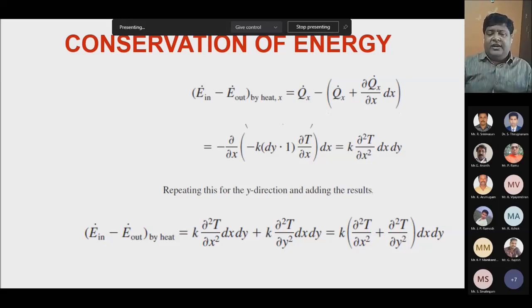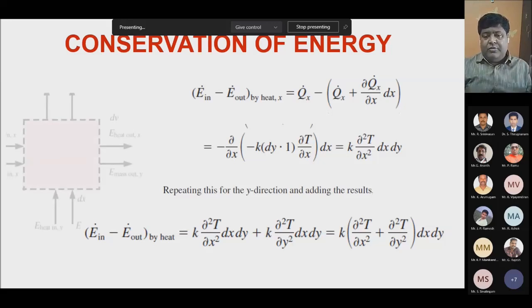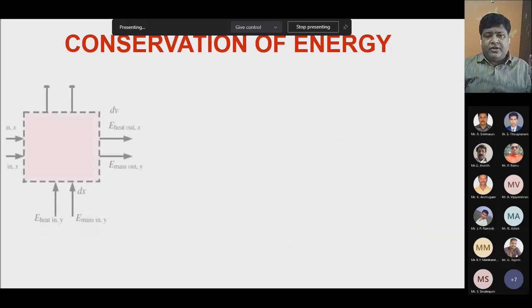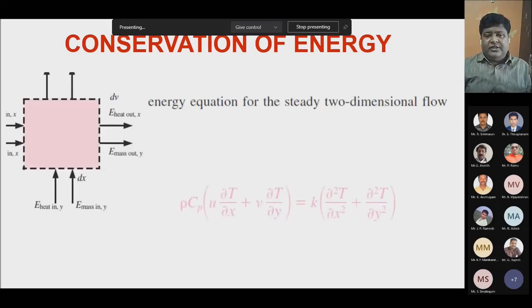And similarly, energy entering as mass. The energy in the mass is called enthalpy, and you use that enthalpy term multiplied by the mass flow rate and simplify. You will get the energy that is entering through mass. So when you add both the terms, that is the final term.